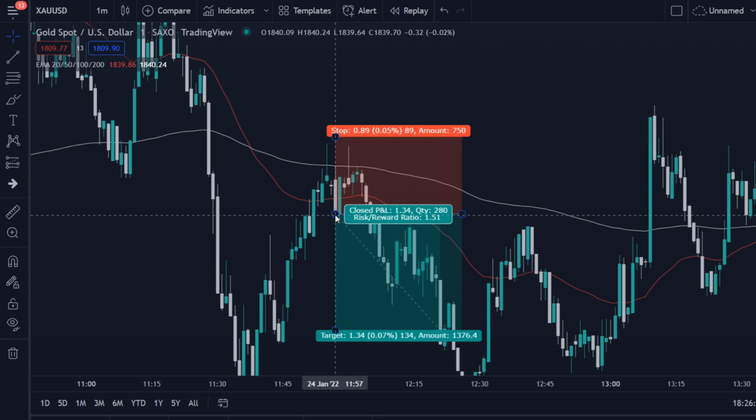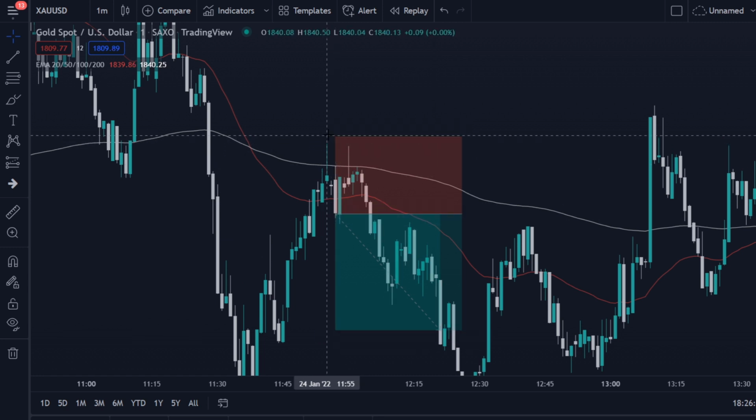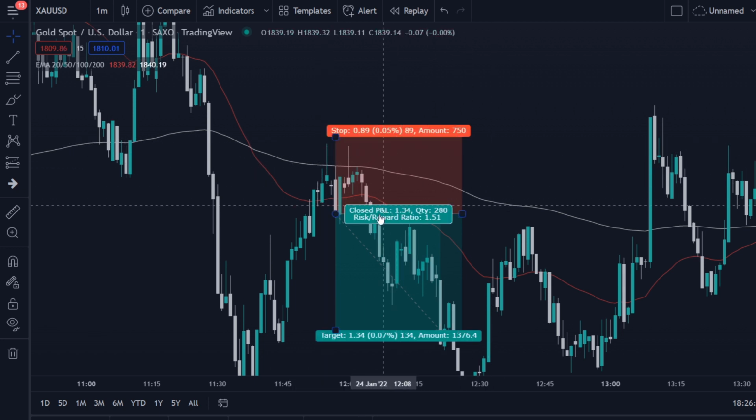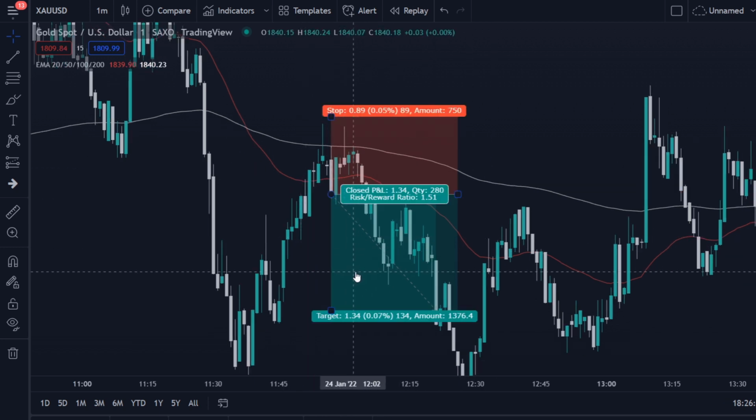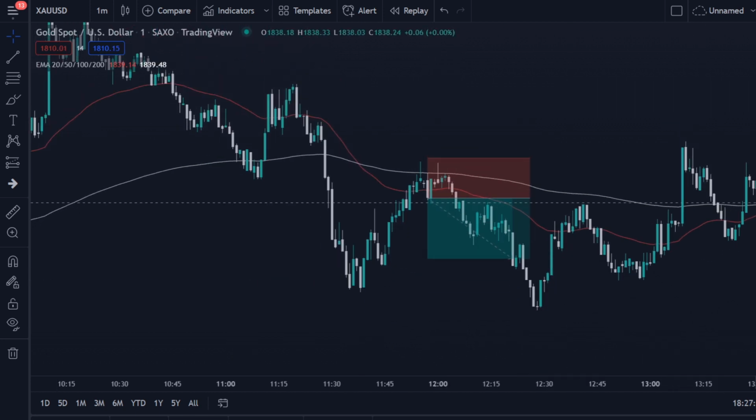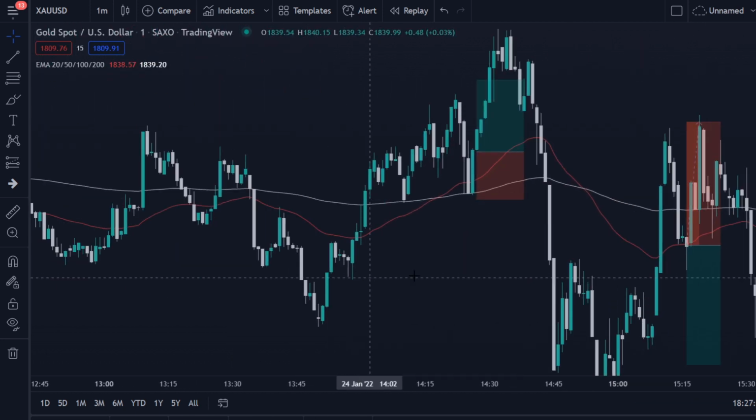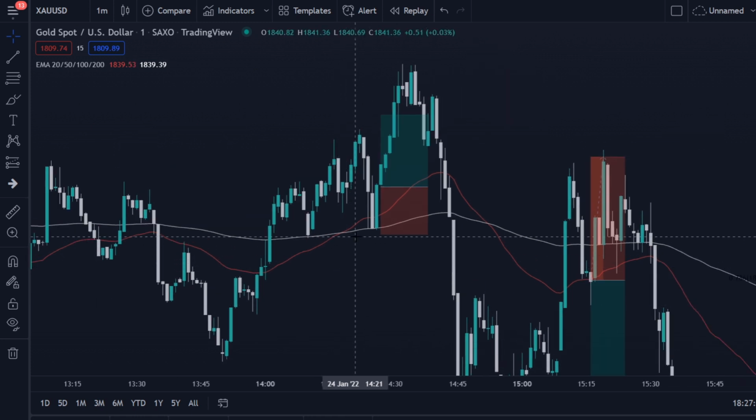So we take a sell trade, we place the stop loss above the latest high, which is about this candle over here, and then we take a 1.5 to 1 risk reward ratio trade. And as you can see, this one turned out to be a winner as well. I have much more examples for you guys. Over here we see the same trade,